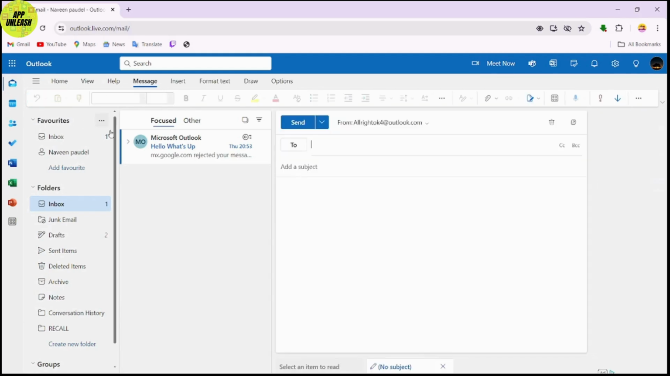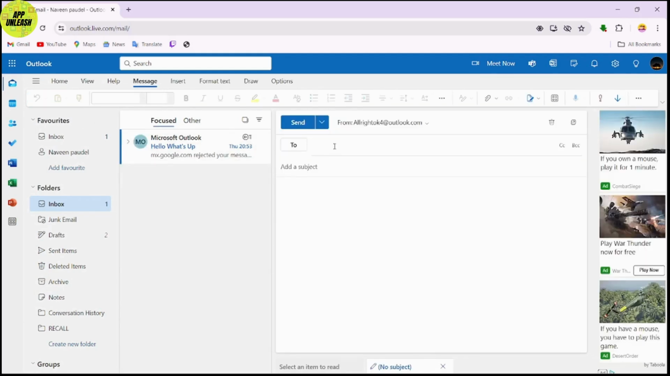After tapping on new email, now you can insert an email. Just simply select a person that you would like to send a mail to. And after selecting that person, simply type in the contents that you want to send. And after typing in, if you want to insert a GIF, then what you can do is